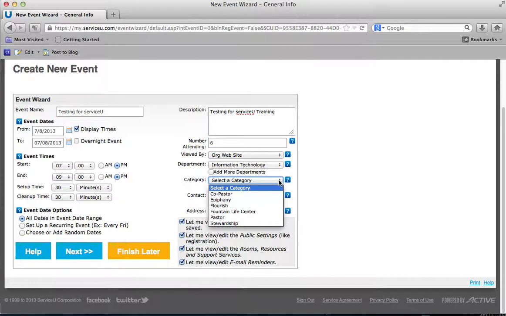Categories, we only use this section when it pertains to these particular categories. For example, like I was mentioning earlier about the Epiphany concert, if we were scheduling a rehearsal for Epiphany, then we would choose Epiphany for that particular category. If we were scheduling an event over at Fountain Life, we would put Fountain Life, and so forth and so on. So if your event that you're scheduling does not pertain to any of these particular categories,